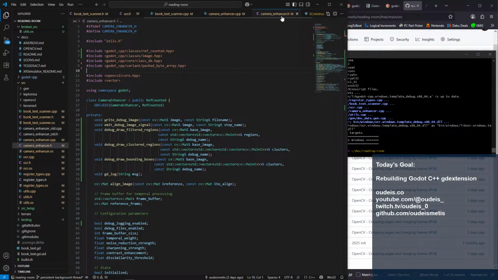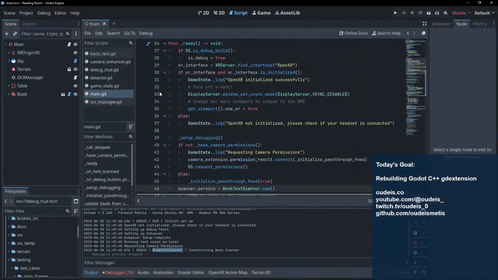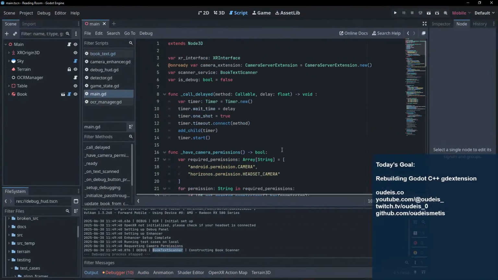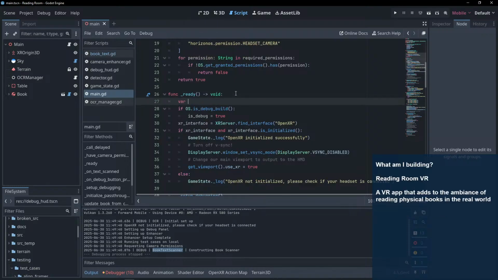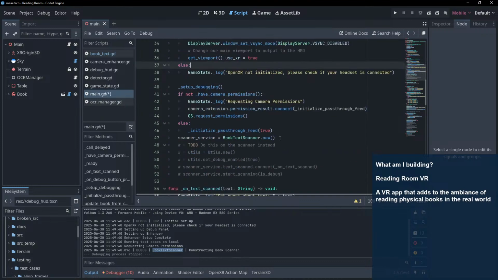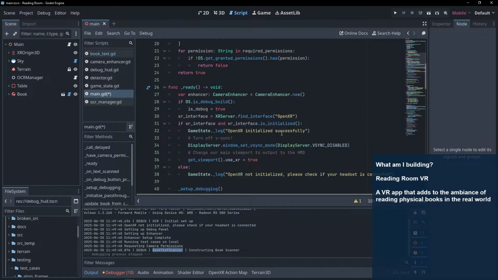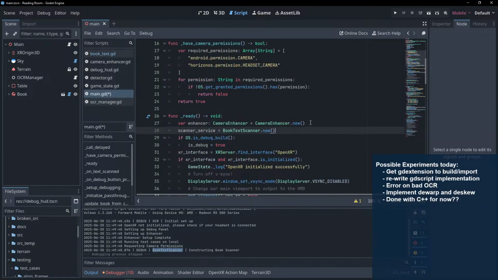And while we're at it, we might as well do camera enhancer. So let's go crazy, right? var enhancer, and yeah, let's do that.